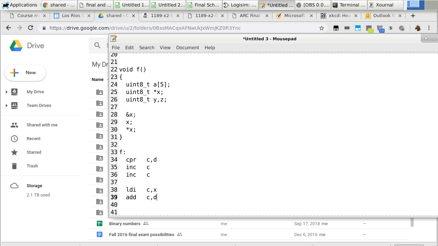What if you change the stack pointer as you're going? Then you have to adjust for it. Yeah, then you have to adjust for it. So, okay,